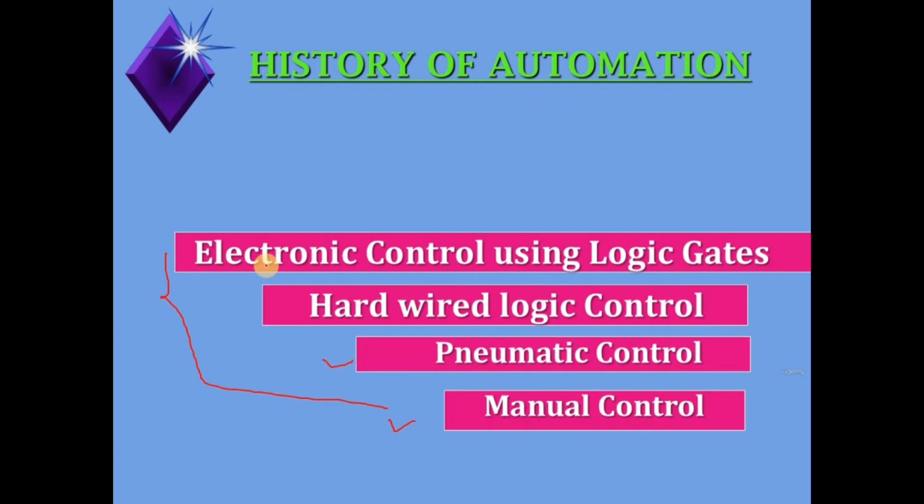One more thing, the maintenance cost will be more. The requirement of the cables, the wiring will be more. And if a fault occurs in the system, it will be more difficult to find that fault. This is only because of so many wirings. And the most important thing you can observe here is that in hardware logic control, it comes with the hardware